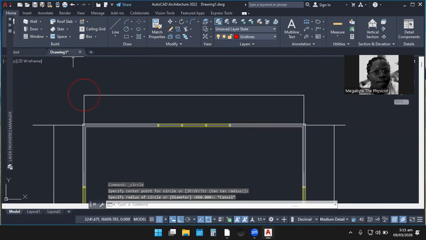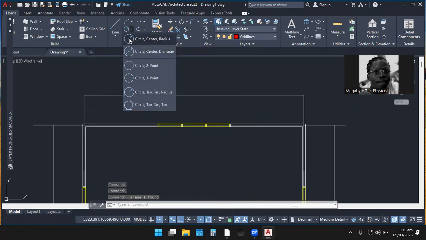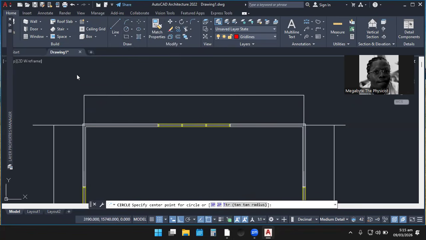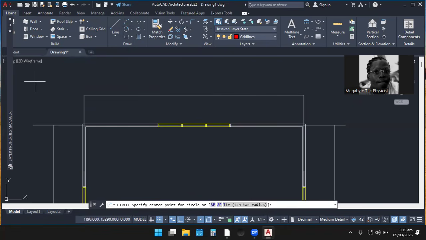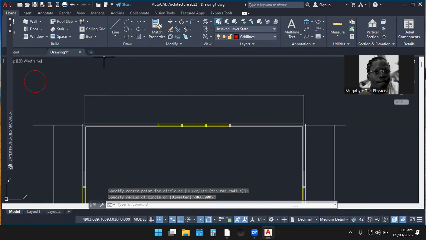Also take note that the circle, if you don't like it this way, you can do it the other way around. Okay. You can pick a circle from here. You can pick a circle, or you can just even do the circle somewhere. If you are good with the dimension, and then you just copy. It's a matter of copy and paste.